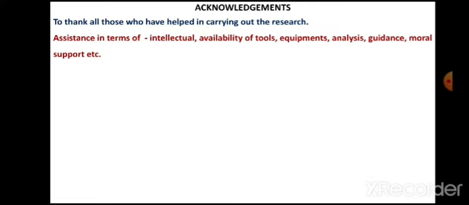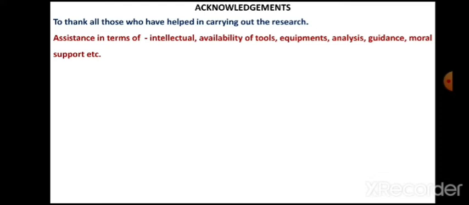You may receive intellectual assistance. That means you might have discussed this topic with one of the teachers from the college or from other colleges, and you might have discussed the results and your observations, and they might have given you some guidance related to that. That assistance also you need to acknowledge.